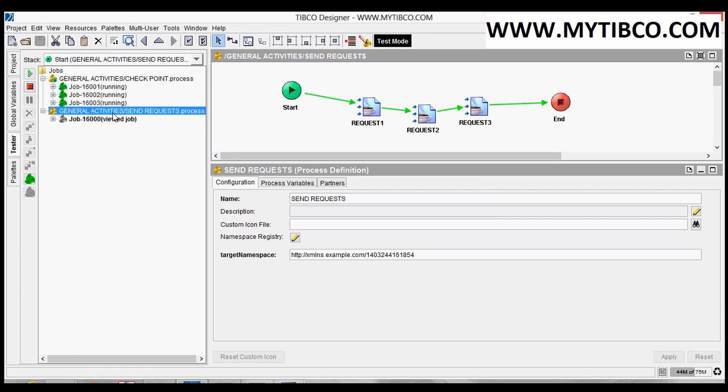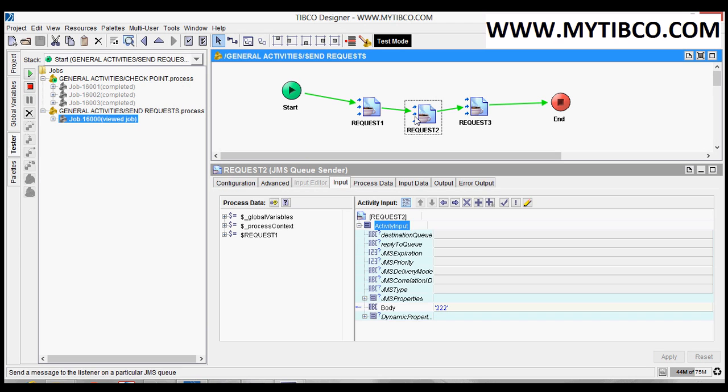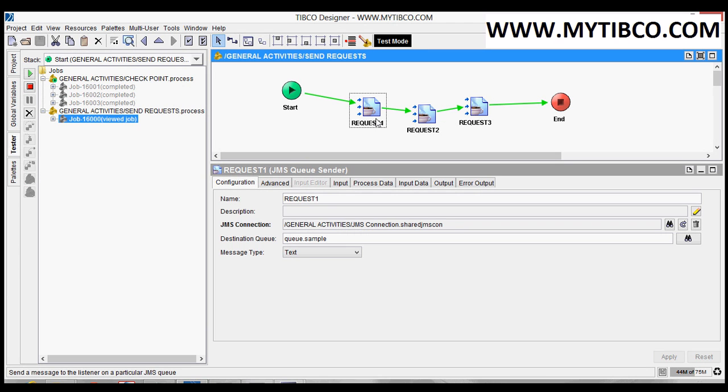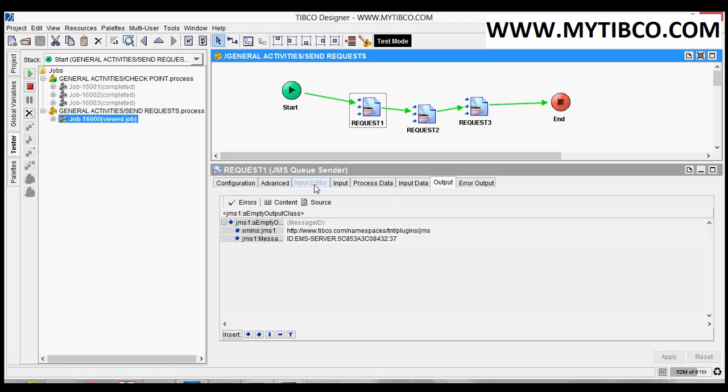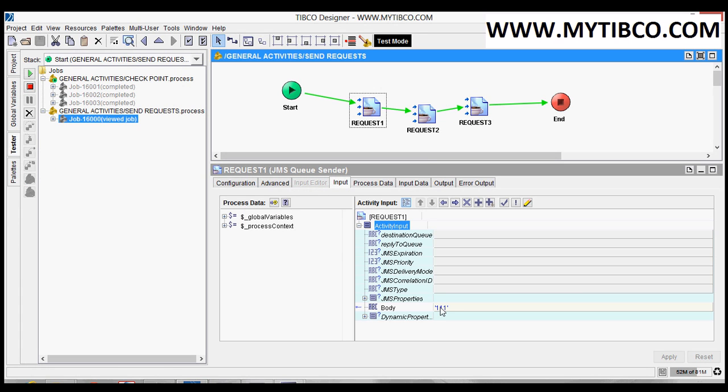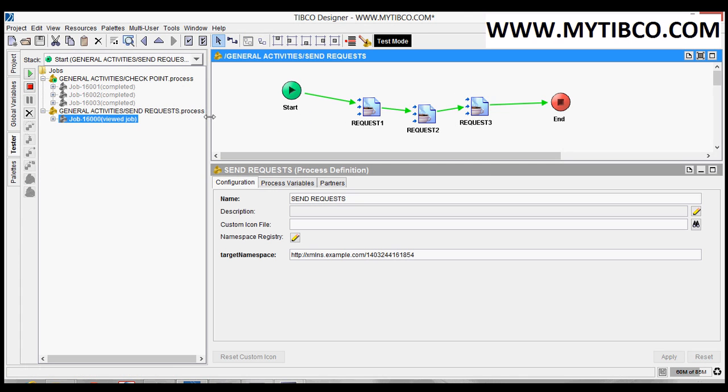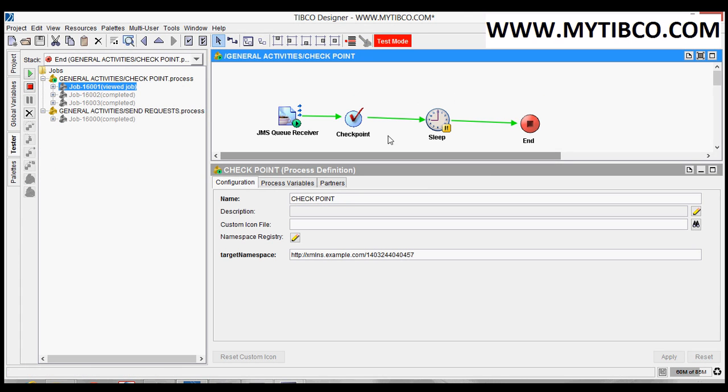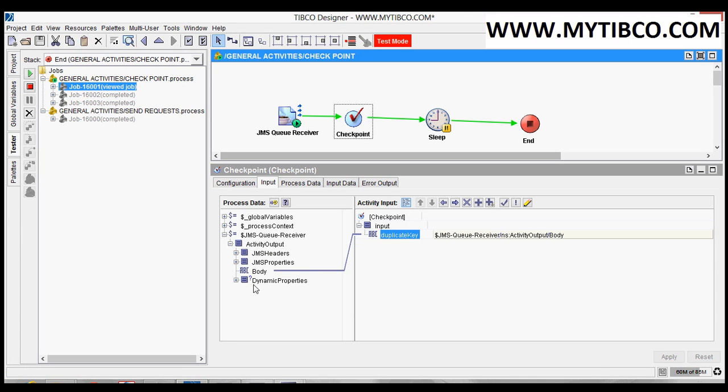Now observe, it has created 3 requests. For the first one, the body is 111. For the second one, it is 222, and third one is 333. And here in checkpoint, we have mapped the body as duplicate key.